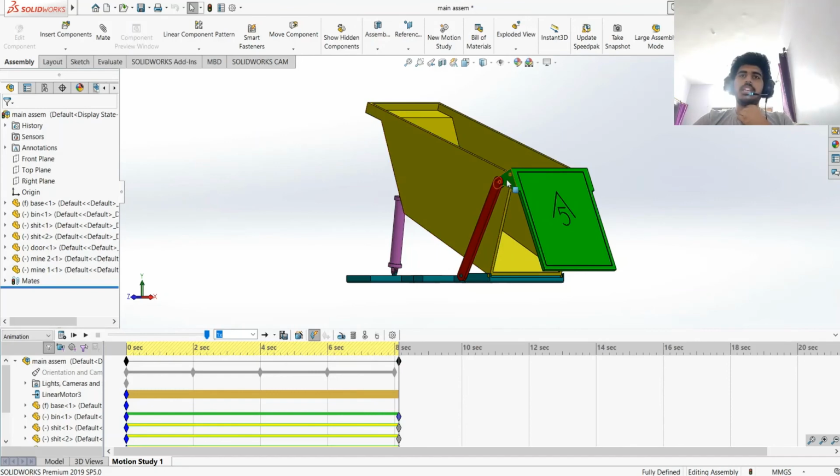So as you can see, it just stopped before the dead center configuration. That is because SolidWorks gives an error at the dead center configuration. I didn't want it to cause problems for us, so I stopped a few seconds before it. As you can see, this is the opening. I think in the coding simulation part, we saw the graph between the opening angle and the bin tilt.